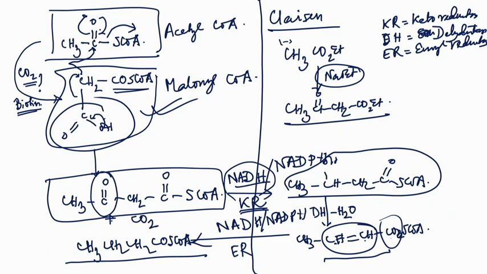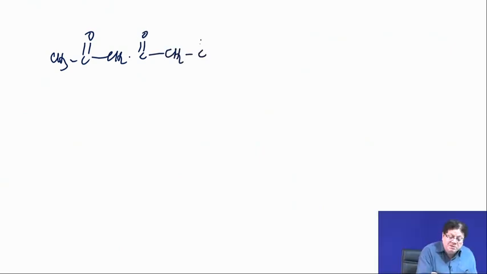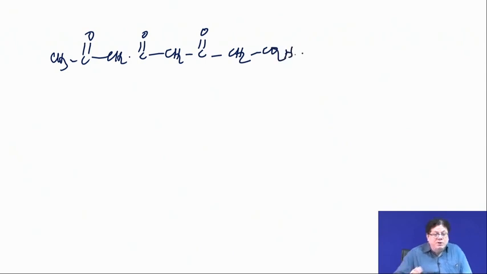See, if you want to make a really tricarbonyl compound, then these type of enzymes should be absent in the system, because you do not want any reduction of the carbonyl. If you want a compound which is, say, CH3, CO, CH2, CO, CH2, CO, and then CH2, CO2H. If you want to make a compound like this, then your enzyme system, what you are using, should lack all these